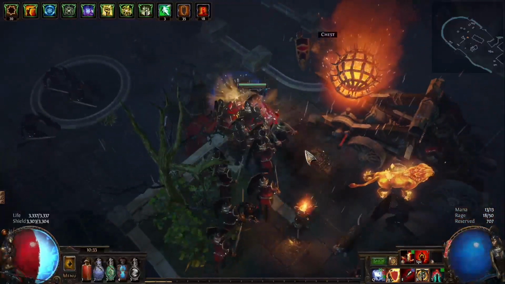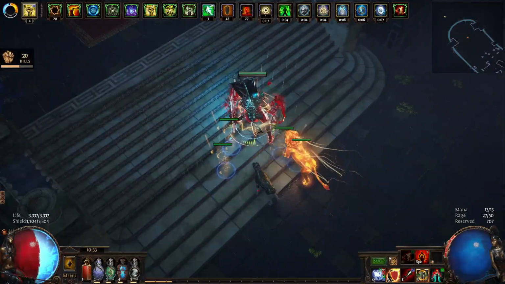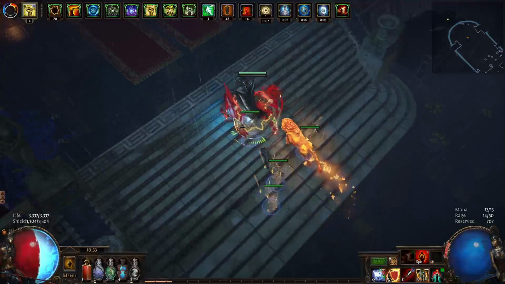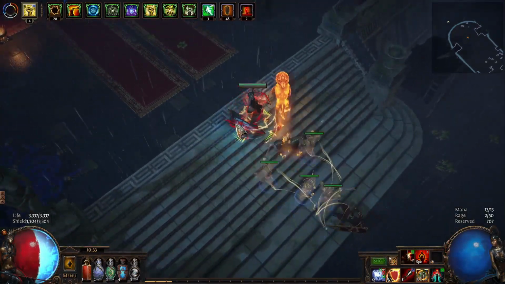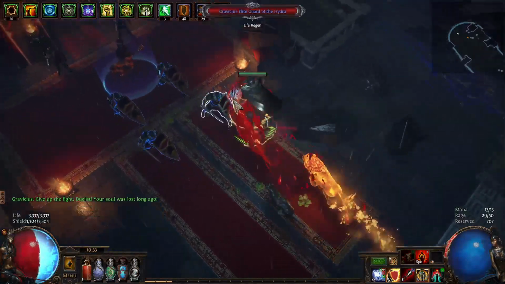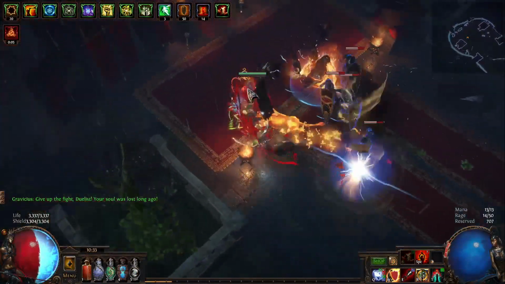Now, what I will advise you is when you get to the third set of stairs, be warned, there is a boss here that is particularly spicy at low levels, and if you are not prepared, you will die many, many times. But once you kill him, it does provide you with a bunch of skill gems. It is this guy here, General Gravicius. Once you kill him,